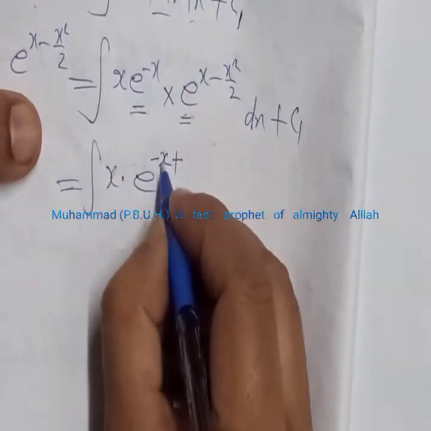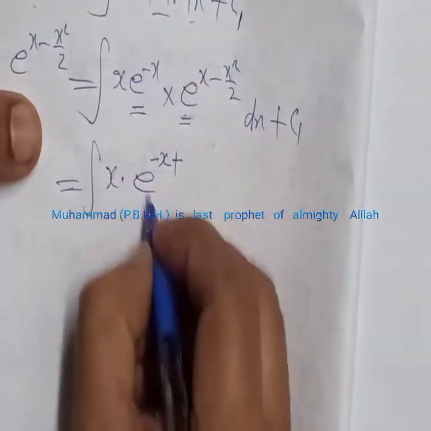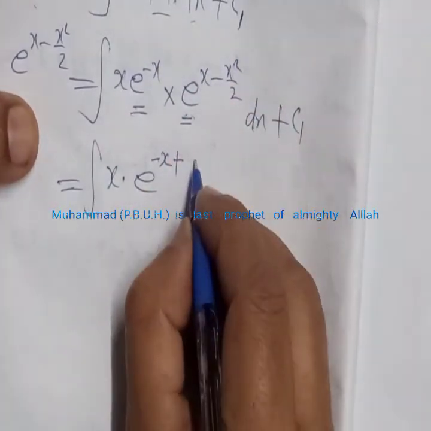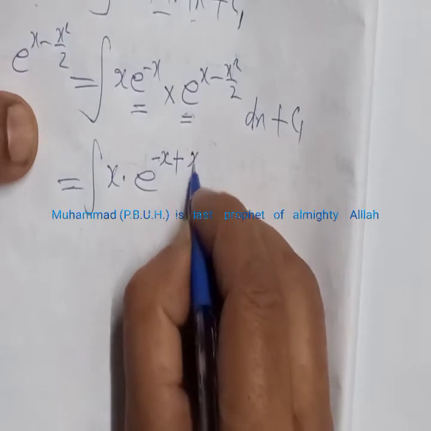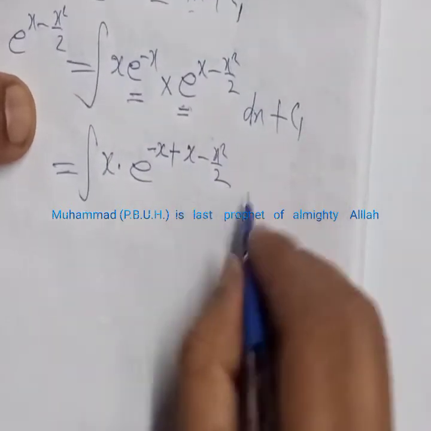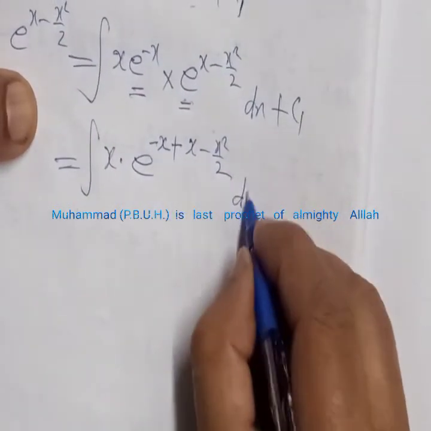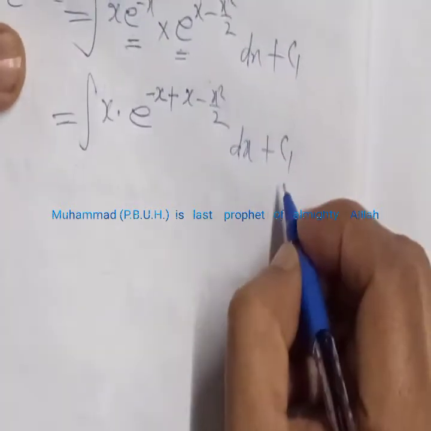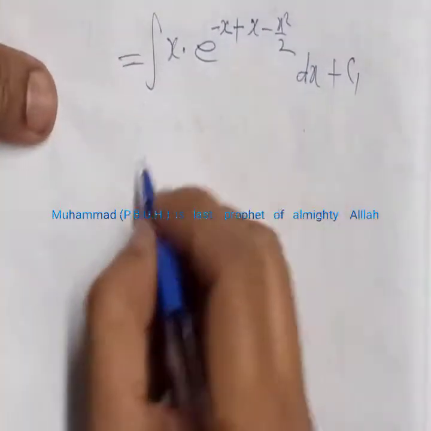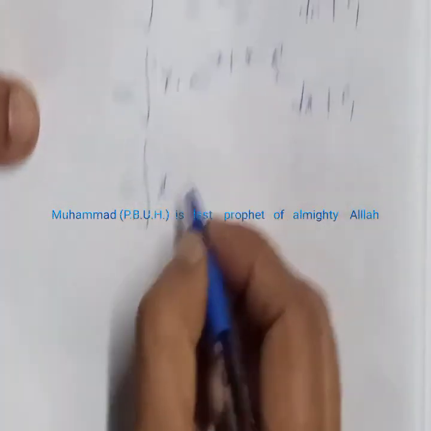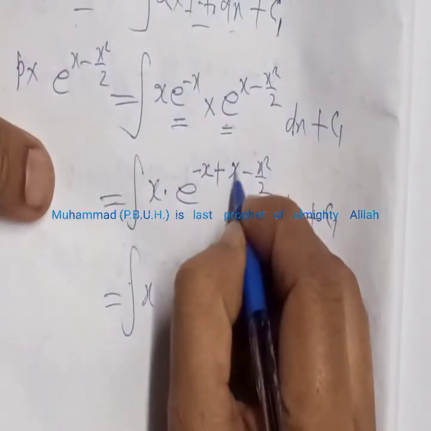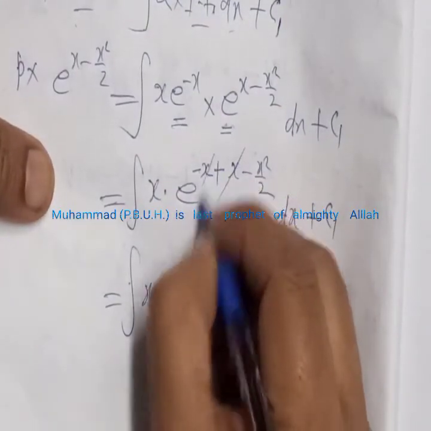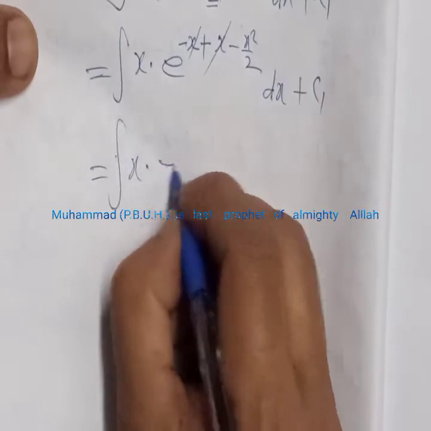So here the power of e is minus x, and here the power of e is x minus x square by 2, which will be added according to the rule. Here we see that x is cancelled out by minus x, so we get x e to the power minus